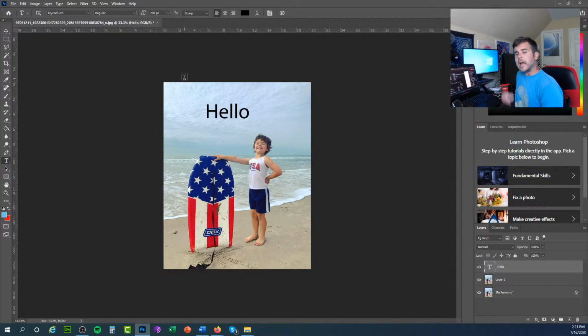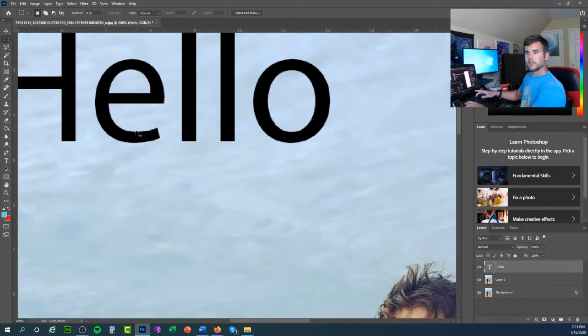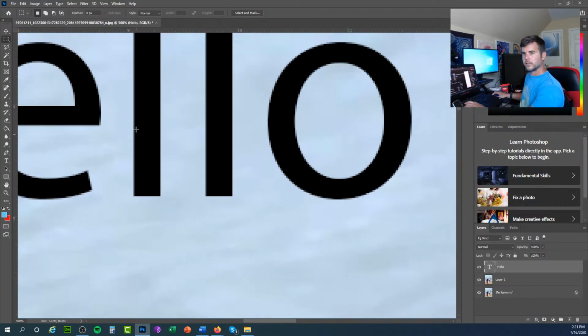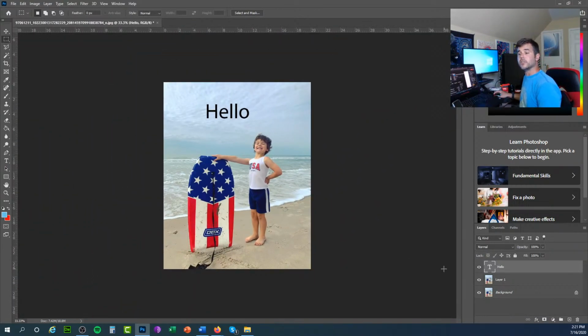So right now, I can't do too much to my text. And this is the same for shapes too, because the way Photoshop is recognizing it, it's not really recognizing it as an image just yet, even though if I zoom in on it, it's still going to get pixelated. So what I want to do is combine these 2 layers. Combining these 2 layers will merge them into one. It will definitely make it a raster image, and it's going to take away any formatting as well. Right now Photoshop is looking at